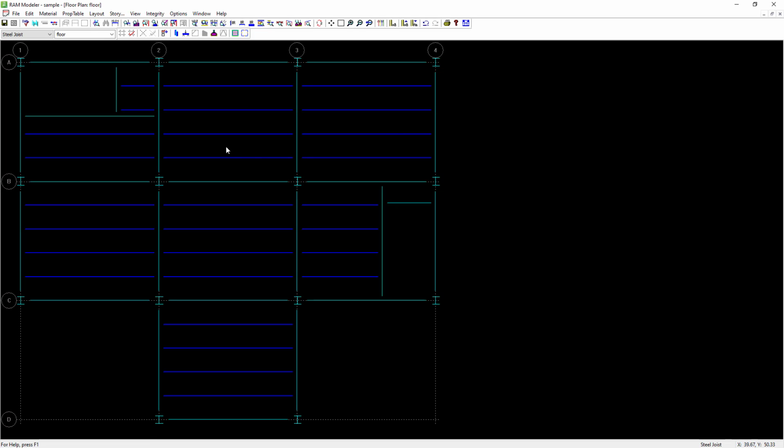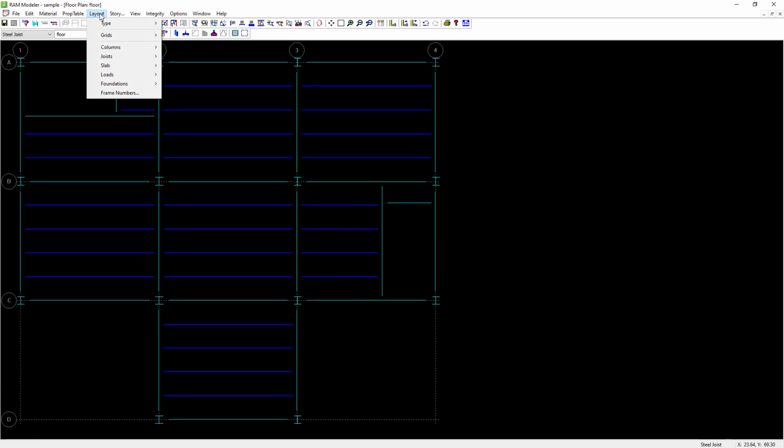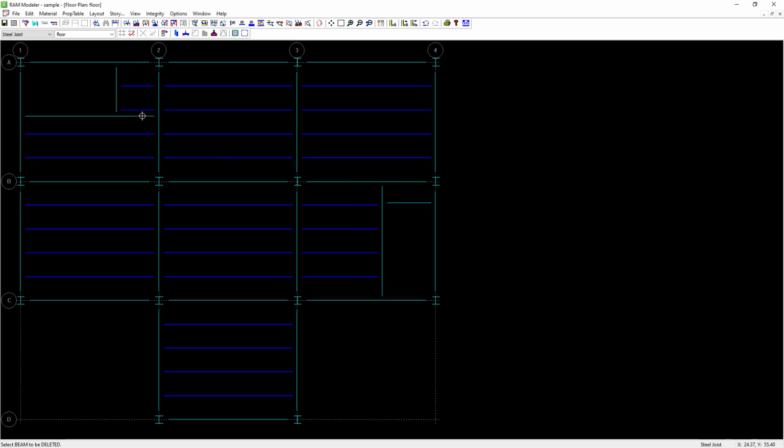let's say we want to change this a little bit. Maybe this joist is a little too close. So what I can do in here is hit cancel, come back, go to my joist and delete. I can delete a single one, pick this one, pick this one, and maybe instead I just want to put one back in there. So I can come back in here and go to my joist and do maybe